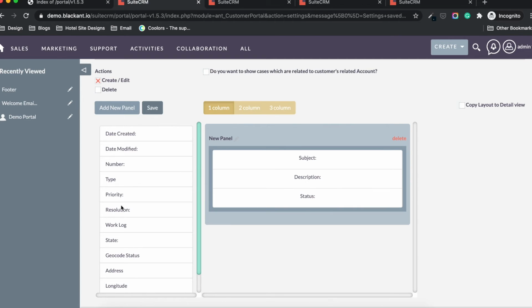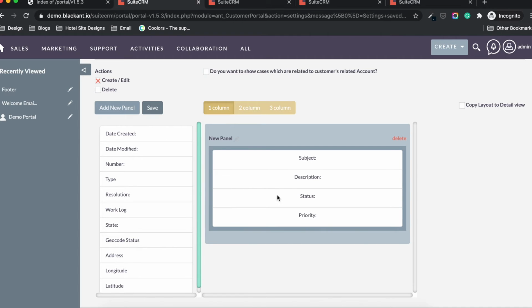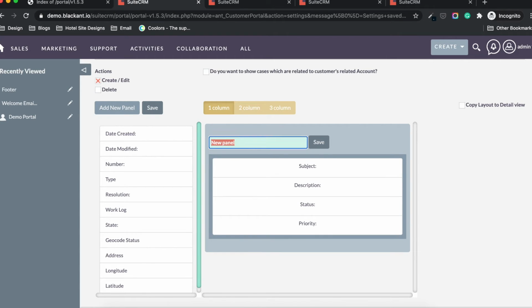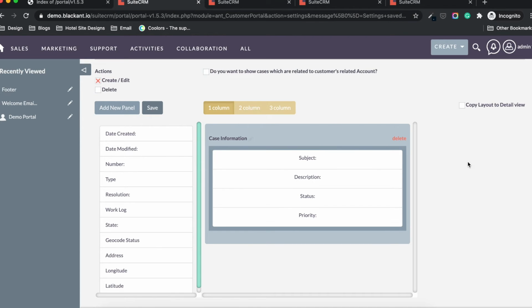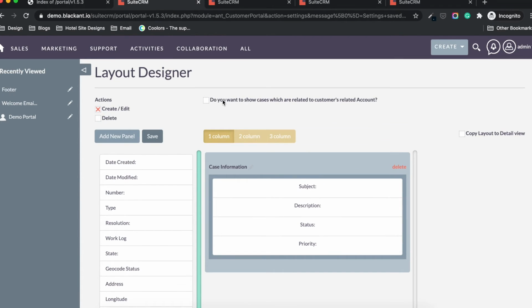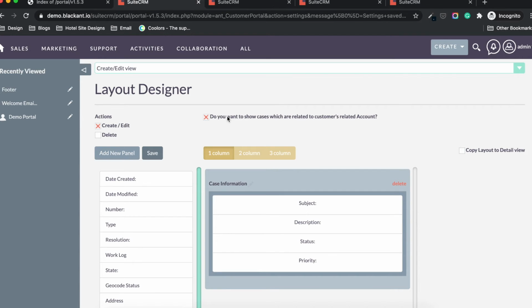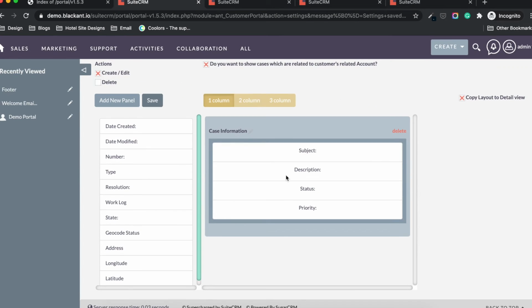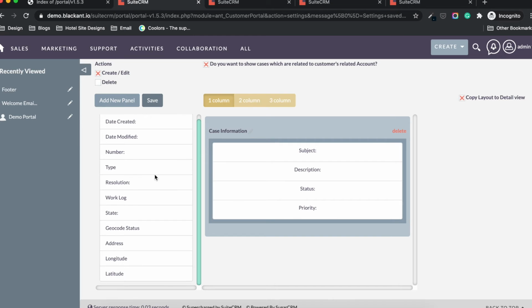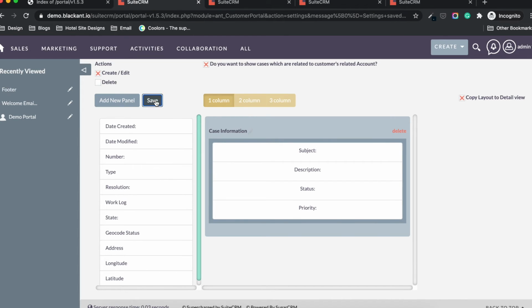Description, status. If you check this, it will show the user's related accounts' cases as well. Do you want to copy the layout to the detail view? Yes. Description. Okay, save it.